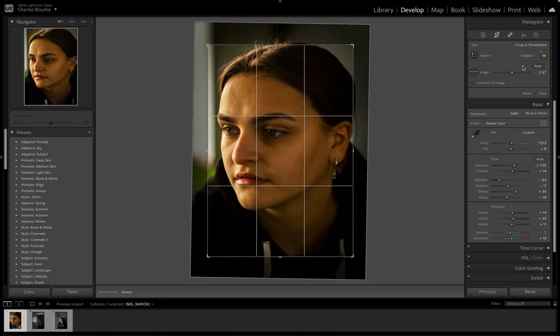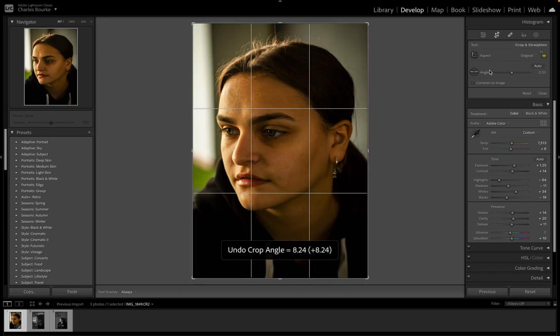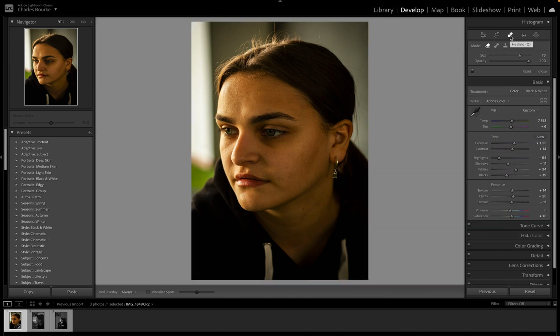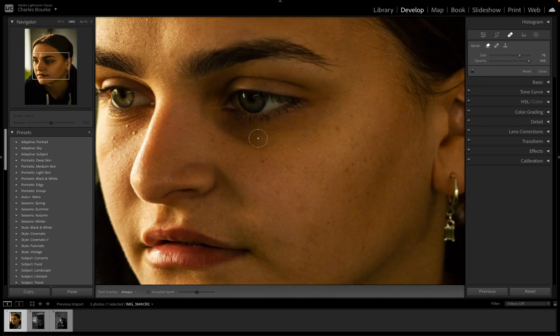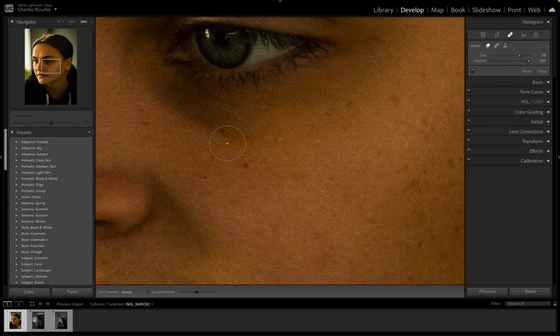I'm going to change it back to normal, but you would just change it around to see which one works the best for you. So after this, we'll move on to healing. This can be used for any spots or pimples that are on your subject, or for example dark eyes, or if you want to just get rid of freckles or something like that, you can use the healing tool. So you can zoom in and you can just try and